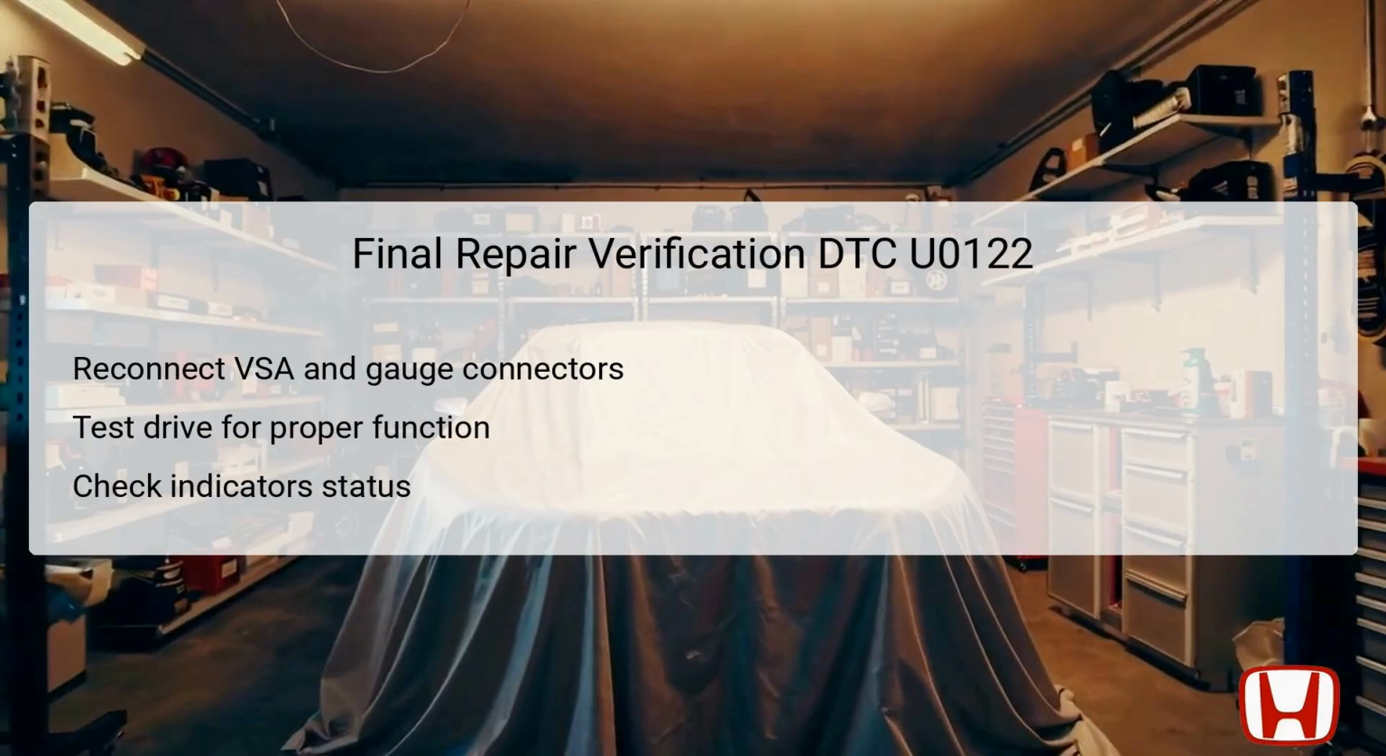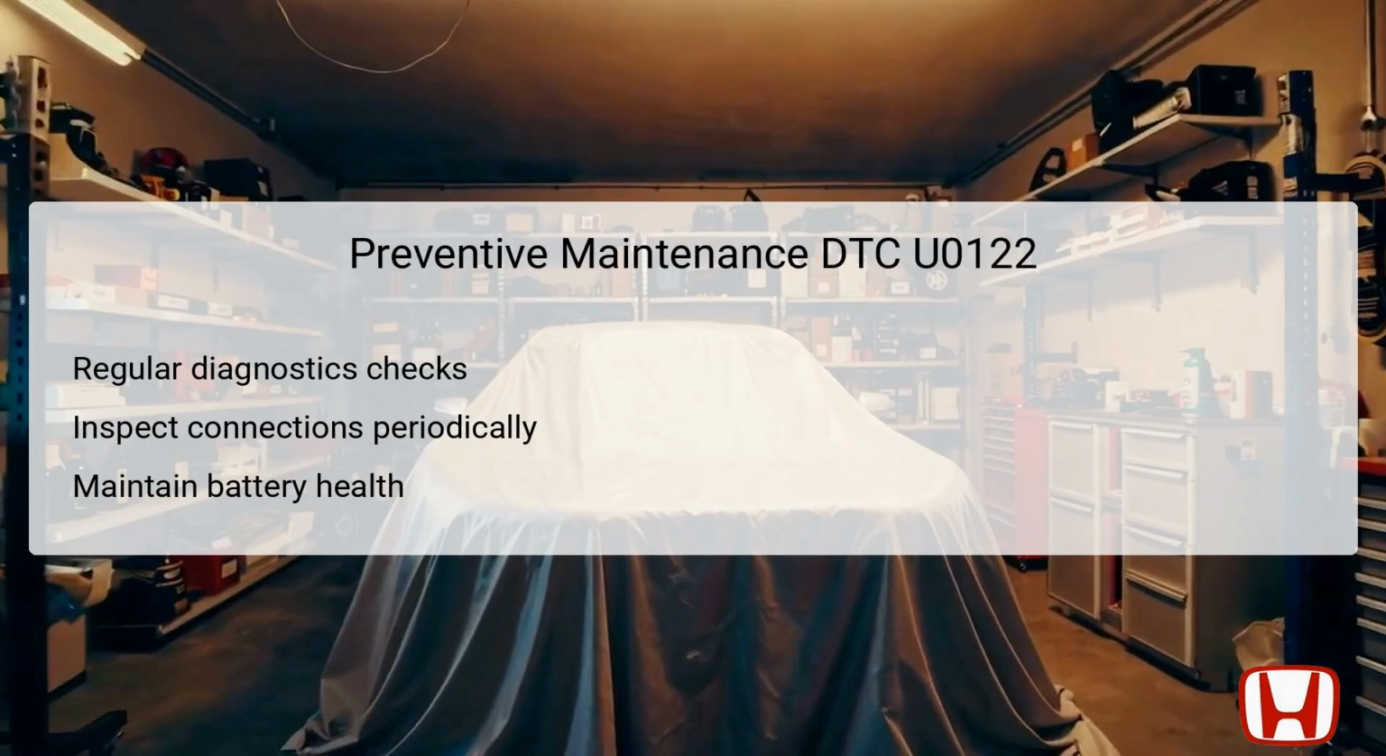If during the test drive the VSA indicator illuminates again, more exhaustive troubleshooting may be necessary to ensure that no other related issues are influencing the system. This verification phase solidifies the repair integrity before concluding the service. For ongoing reliability of the VSA and gauge control module systems, regular diagnostic checks are fundamental. Performing these checks at predetermined intervals can help catch potential communication problems before they escalate into bigger issues, ensuring drivers